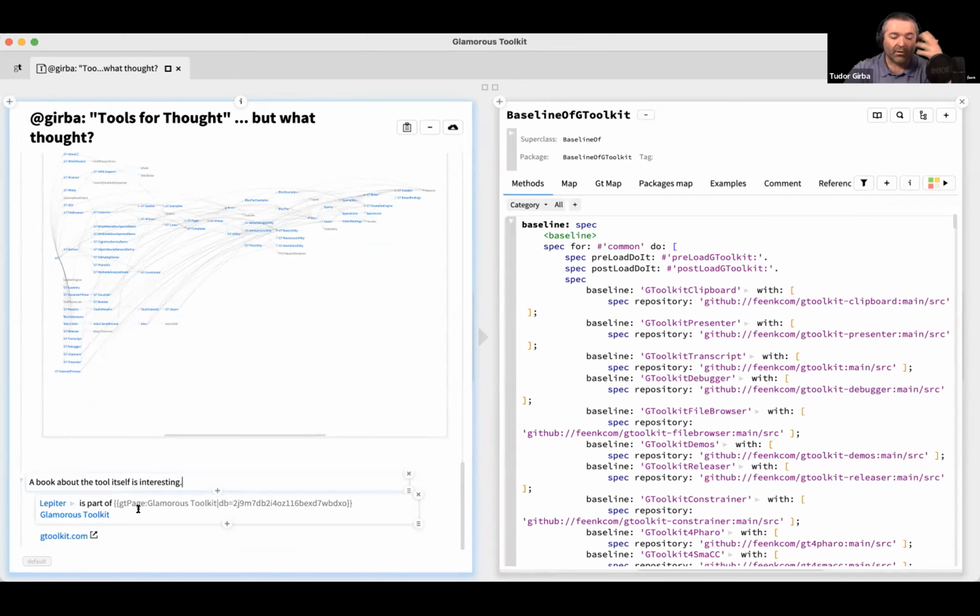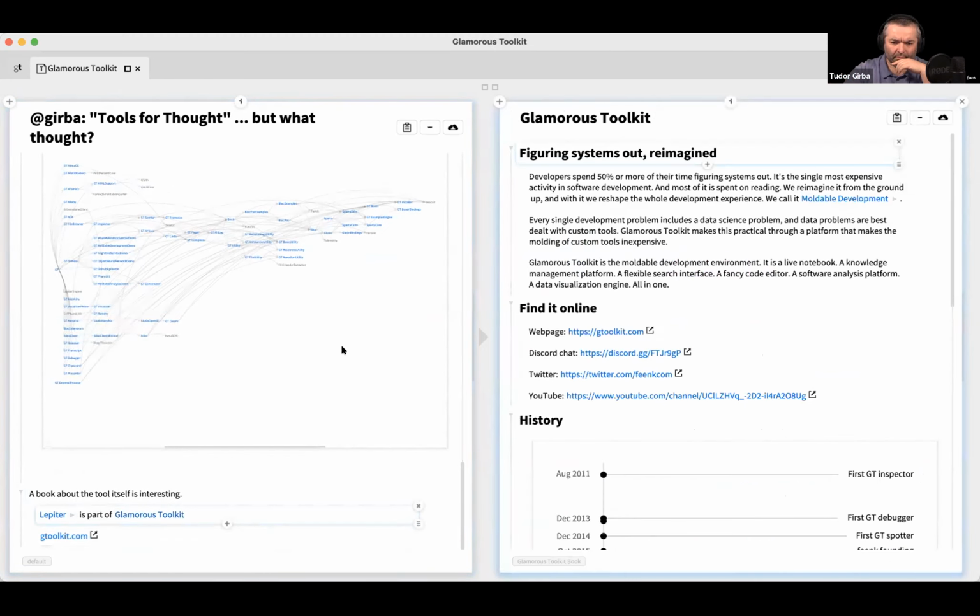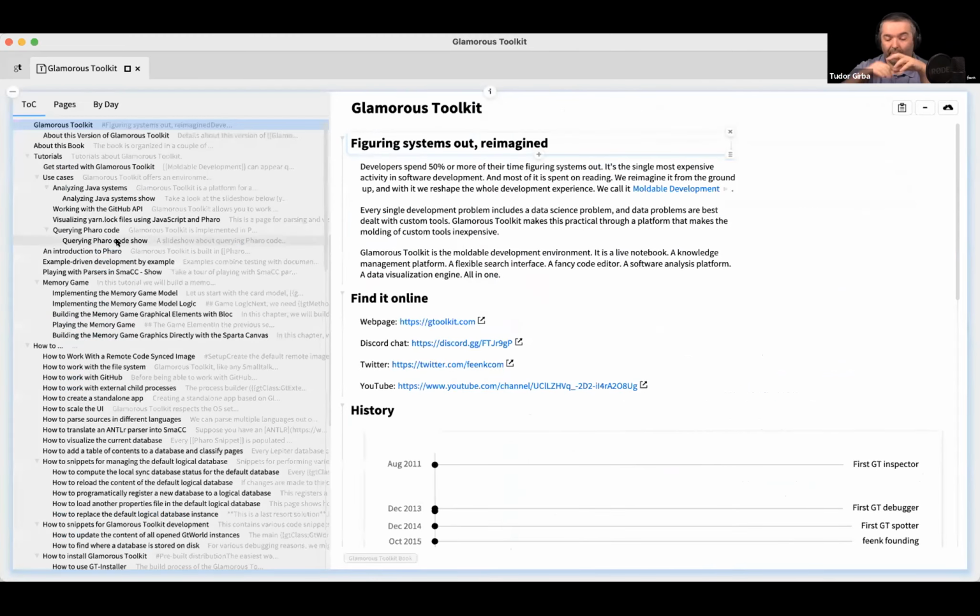So the actual tool that we see here is called Lepiter, and this is part of Glamorous Toolkit. Glamorous Toolkit is an environment and a multiple development environment. And now when I click here, I go to a page, and this page happens to be in a separate database. And when I zoom there, when I look into that one, it gives me a little context. So now I'm inside a book here.